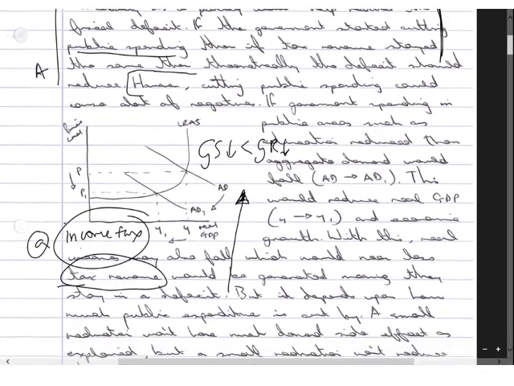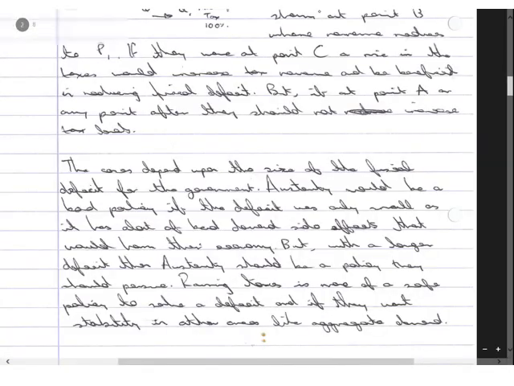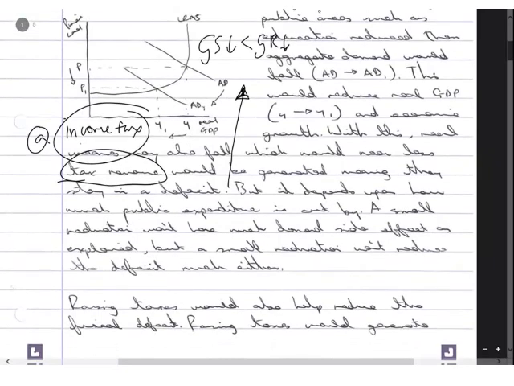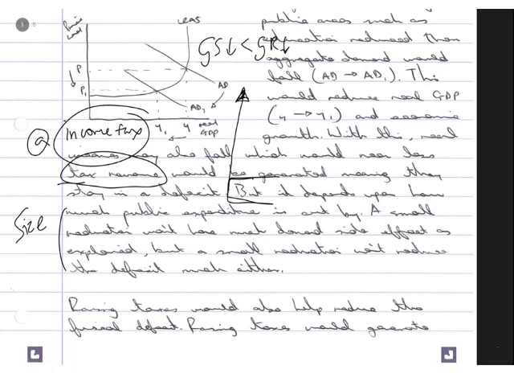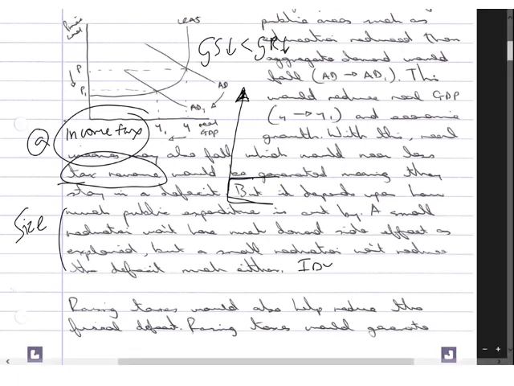Then we've got, it depends upon how much. So again, another paragraph here. It depends upon how much public expenditure is cut by. A small reduction won't have much of a demand side effect, but a small reduction won't reduce the deficit either. This does look like it's using size as an evaluation, but there are better ways to evaluate cuts to government spending, and the best one would be to look at whether it is